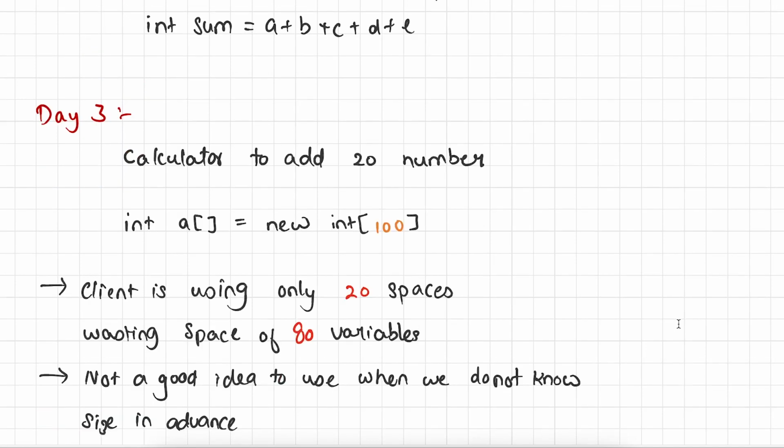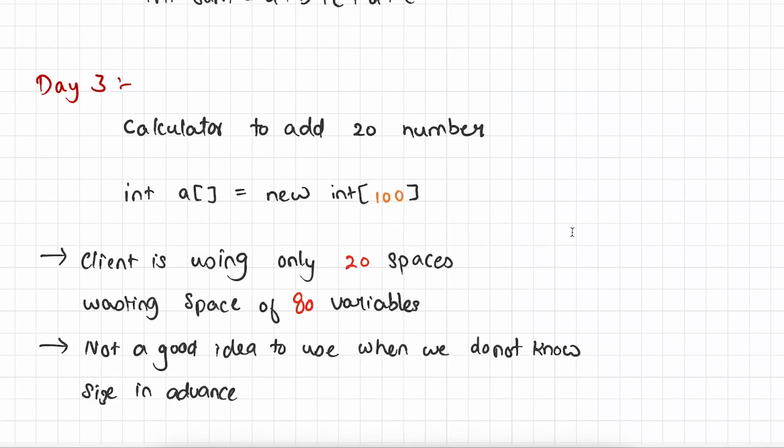Moving on to day 3, his friend again came to him and said, "Now I need a program which can add 20 numbers." So this is the moment where Joy got bummed out. Now what to do? After spending some time, he came up with a solution. He just replaced all the variables with an integer array. So he initialized an integer array of size 100, and this is how he updated the software and gave it back